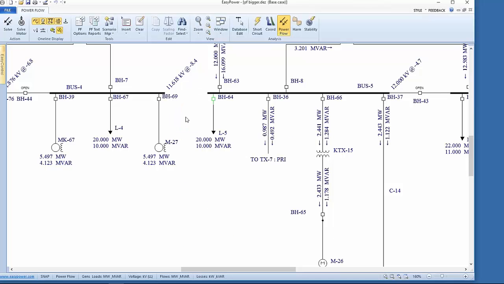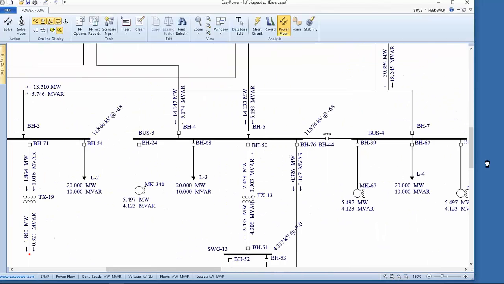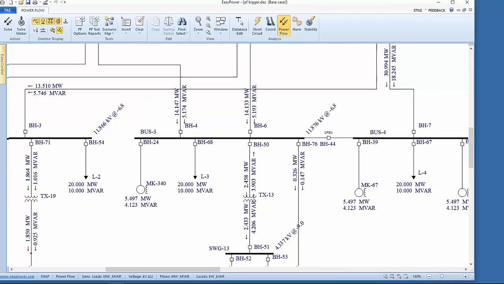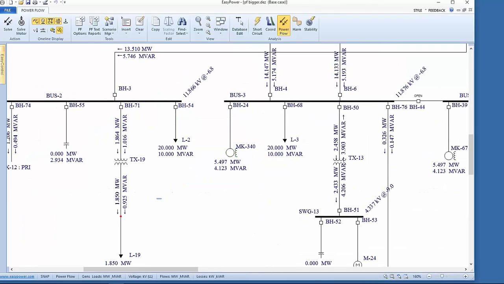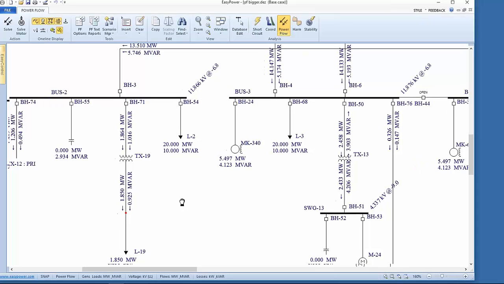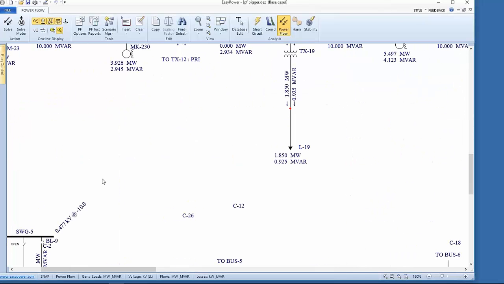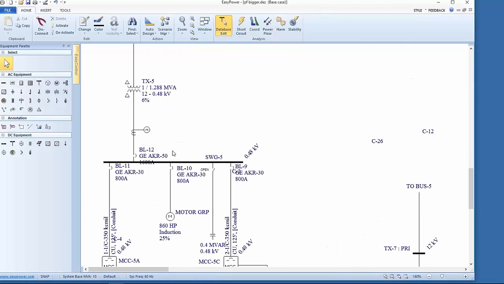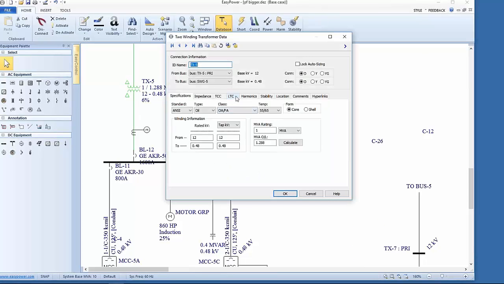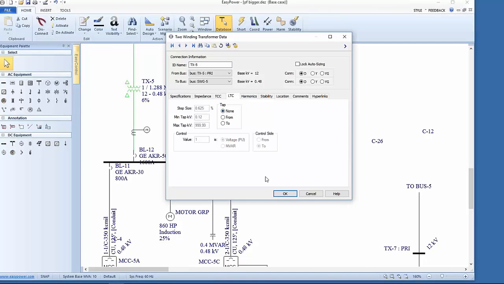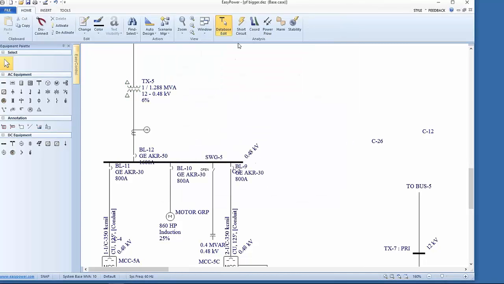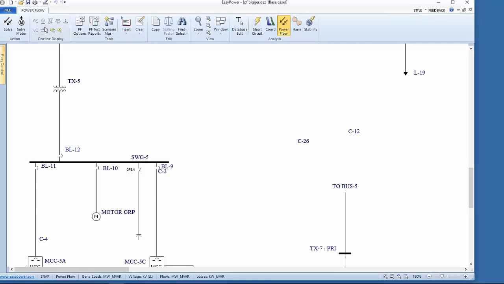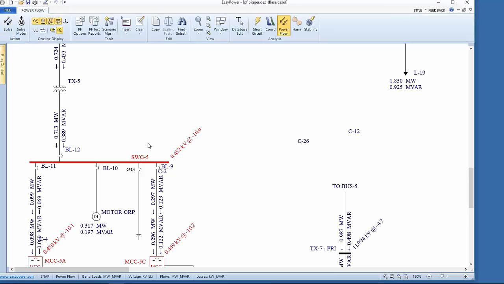So now, based upon making some adjustments, let's go ahead and take our capacitor out of the circuit. What I want to do is now look at the reports that we can generate. Let's go ahead and take our transformer back down to no load tap changer and go back to PowerFlow, solve,